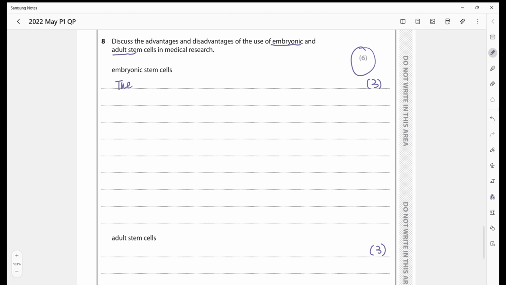So the advantages is that they can differentiate